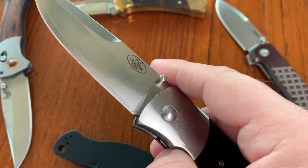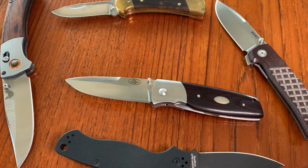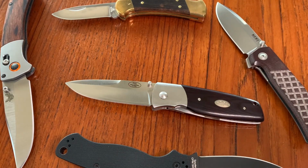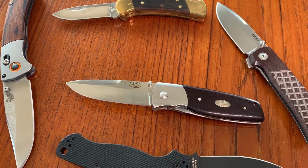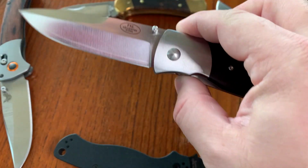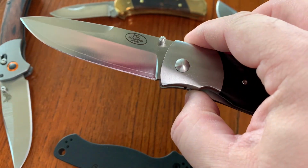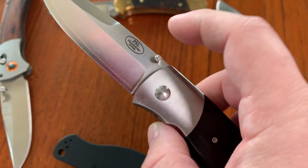Yeah, it cut my finger, cut through my denim pant leg, and through the top layer of leather on my wallet in my pocket. Could have been worse, right? So it was a little bit embarrassing, but I share that with you just to say, if you are handling this knife, be careful with it. Those thumb studs are tiny and slippery and not